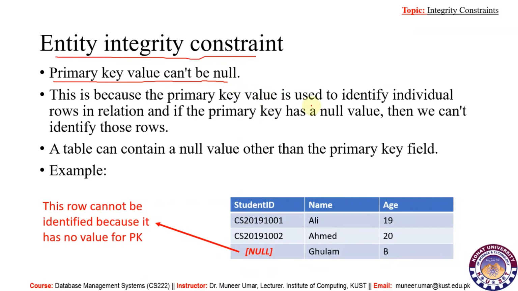Suppose we have a table for some students, so for each student we must have a registration number, so that we use that registration number to uniquely get their values.